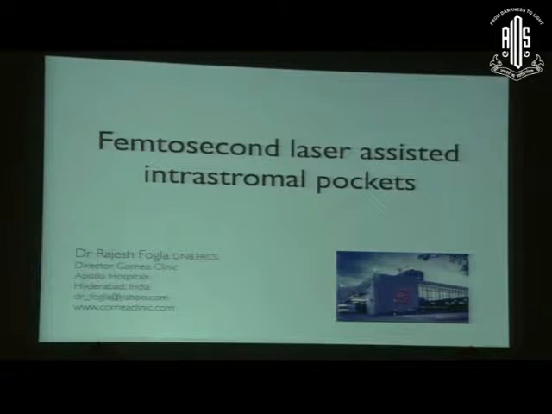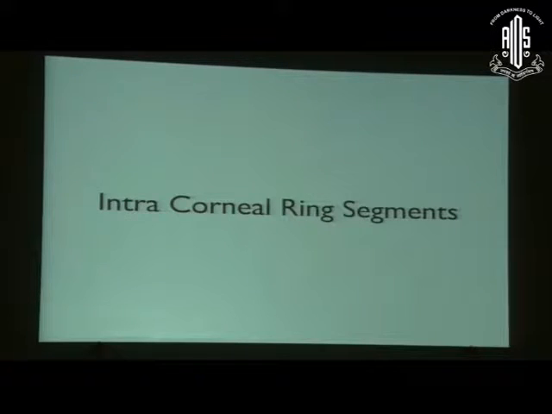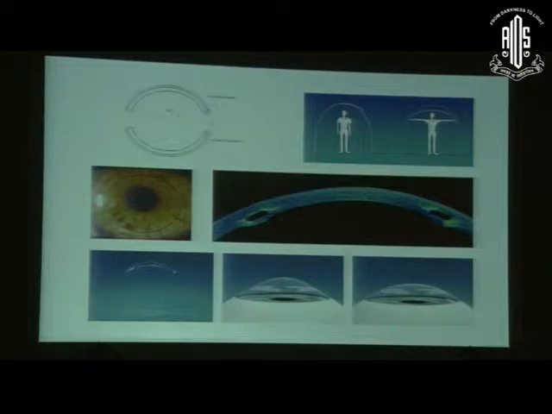So looking at the role of femtosecond laser in making intrastromal pockets. We know that it can make a superficial cut, and you can use it for DALK. So what else can it be used for? It can be used for making intrastromal pockets. So you can use it for intracorneal ring segments, such as the Intacs, and they basically act by adding volume